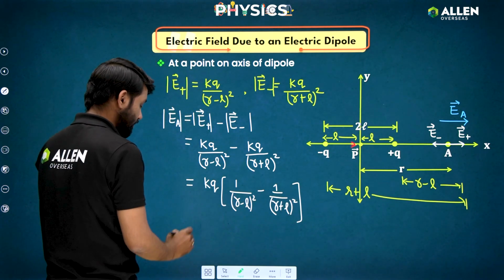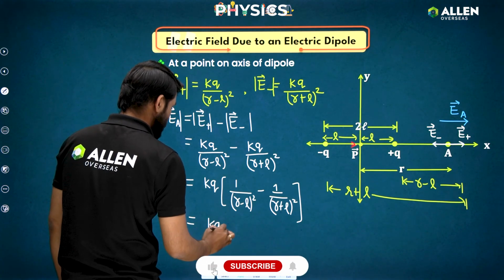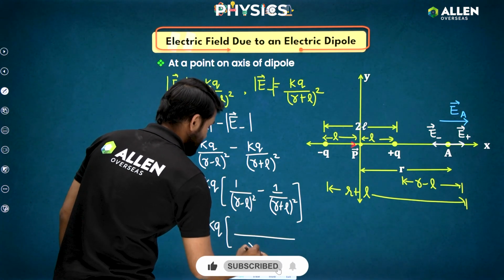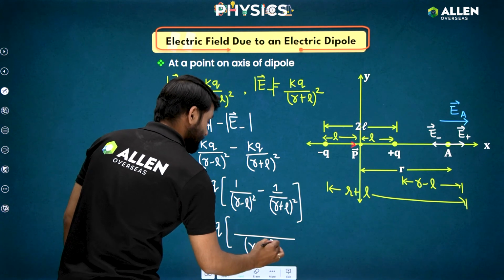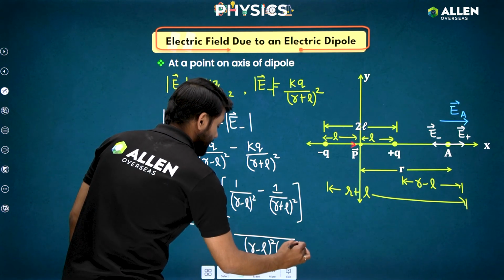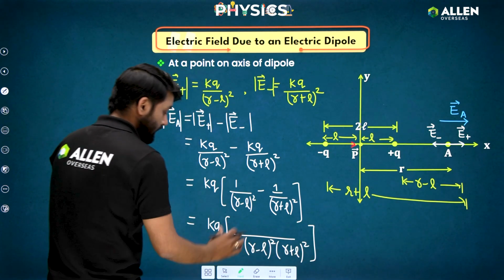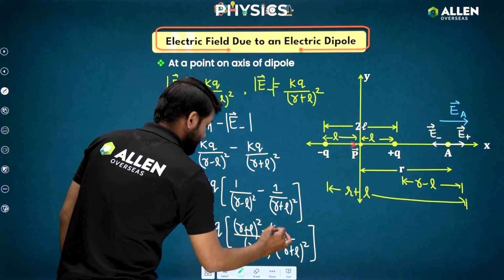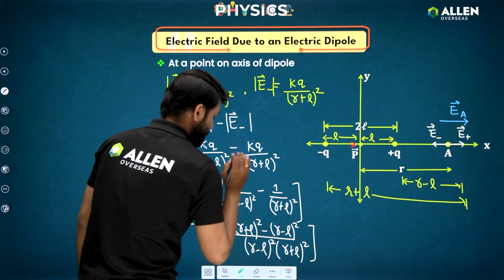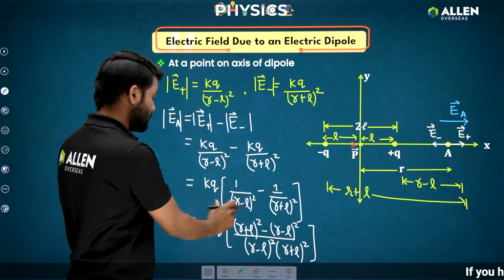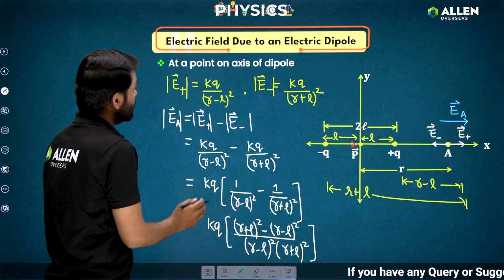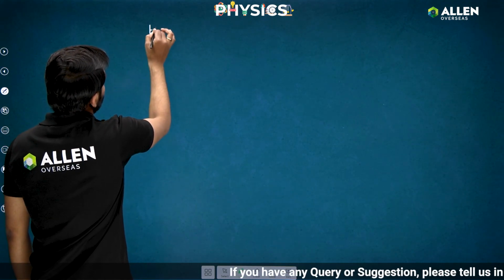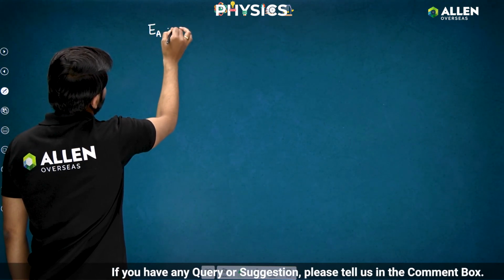Let's take LCM. So KQ divided by LCM, which is (R minus L) whole square times (R plus L) whole square. And here, (R plus L) whole square minus (R minus L) whole square. Right, students? We have to solve this. So you can see here E at point A is